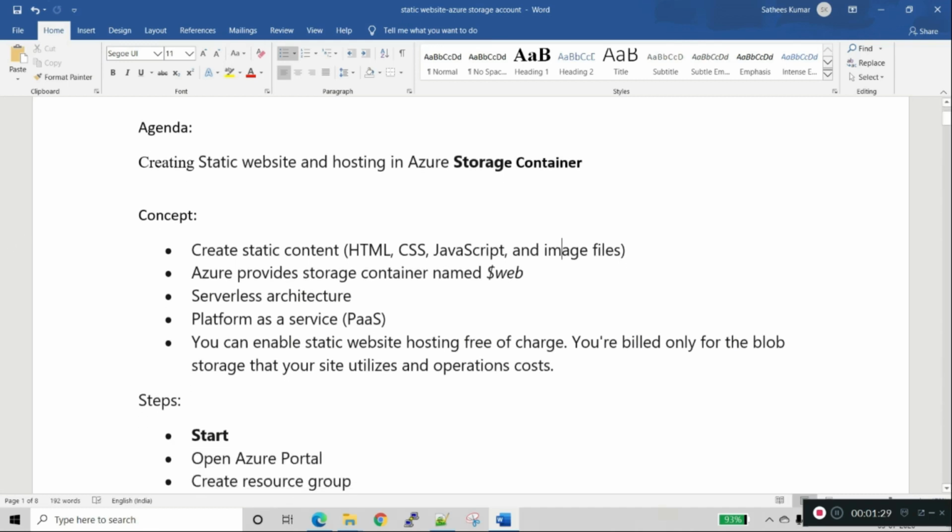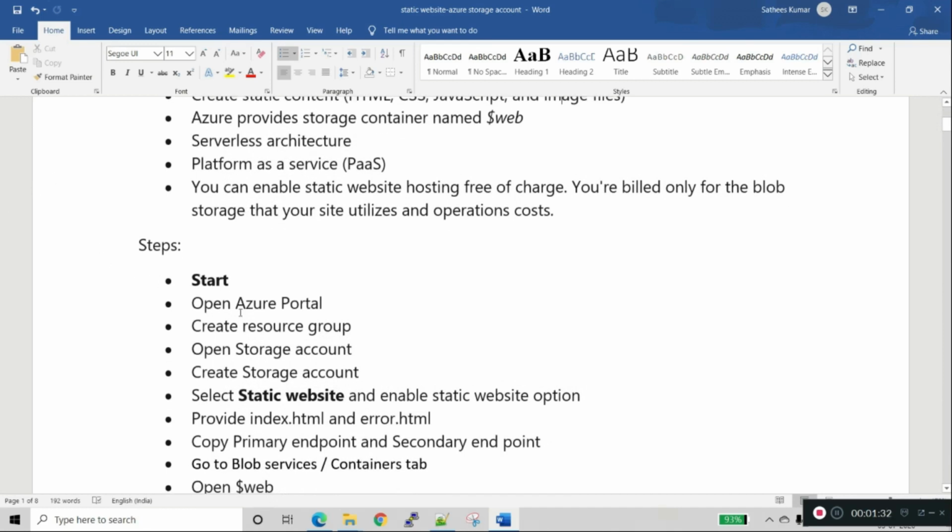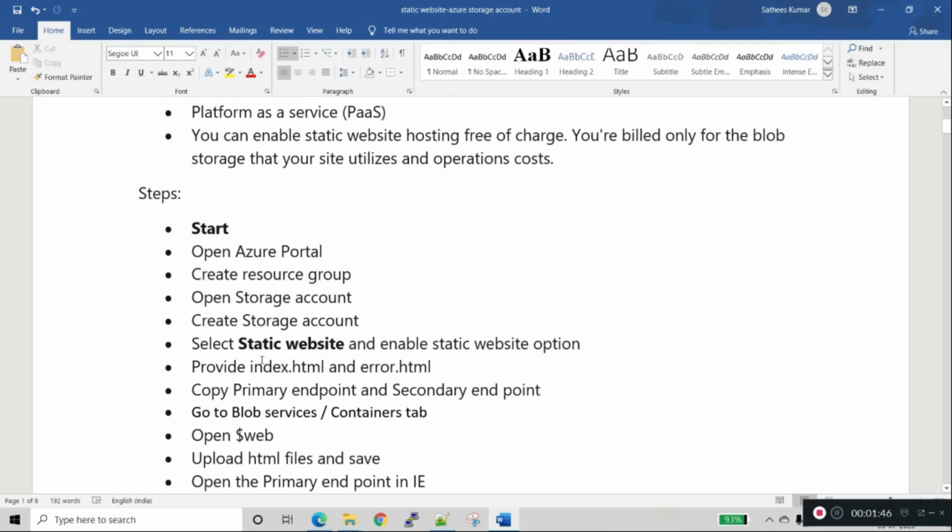The steps are as below. We need to open the Azure portal, create a resource group, and open a storage account. In this storage account, there is a section called static website.